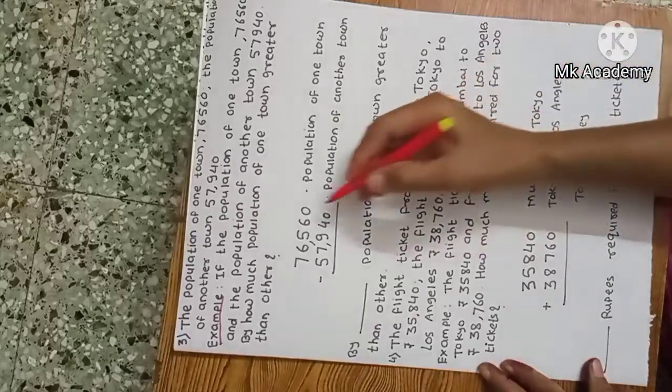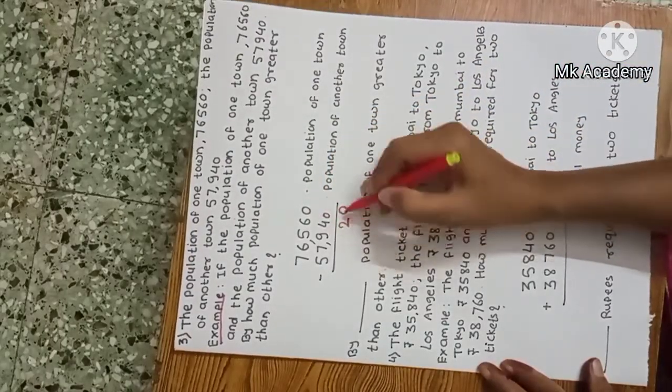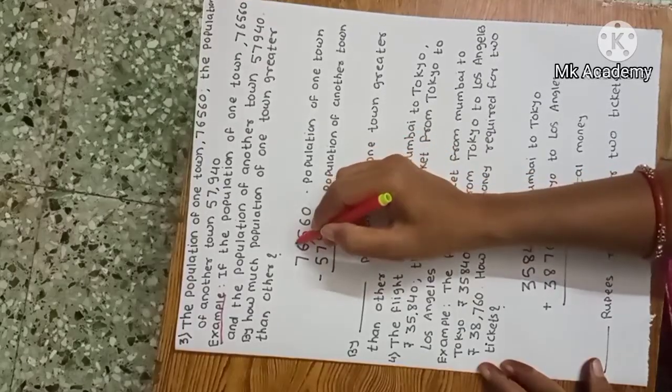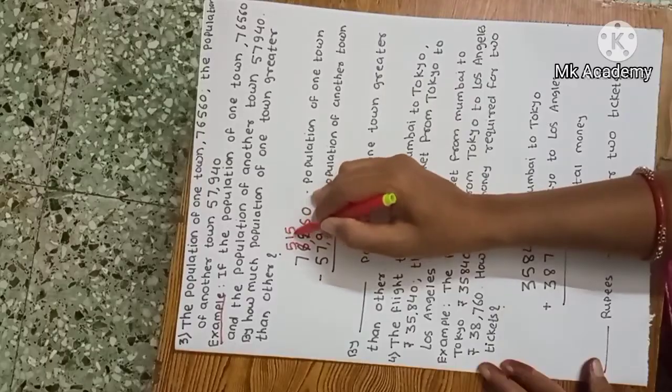Now start from unit place. 0 minus 0, 0. 6 minus 4, 2. 5 minus 9, this is not possible. We can borrow from this. Here 5, we get here 15. Now 15 minus 9,